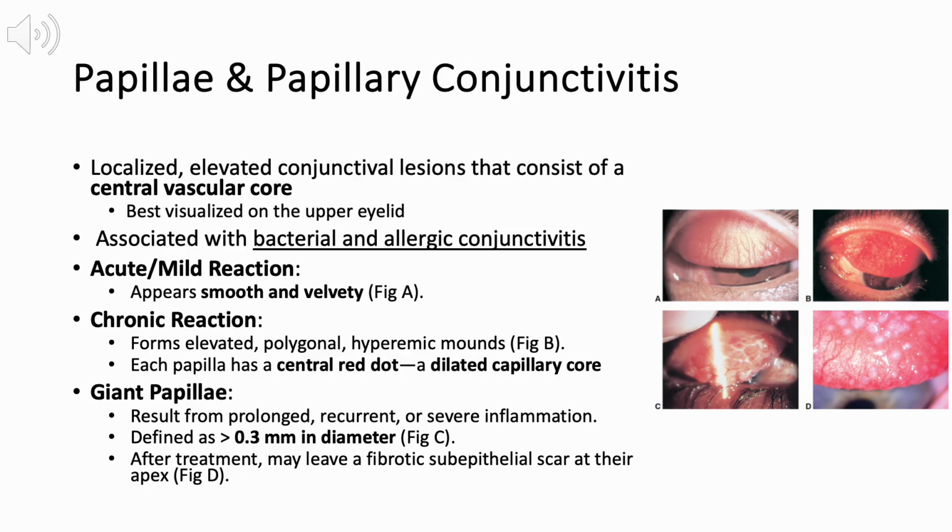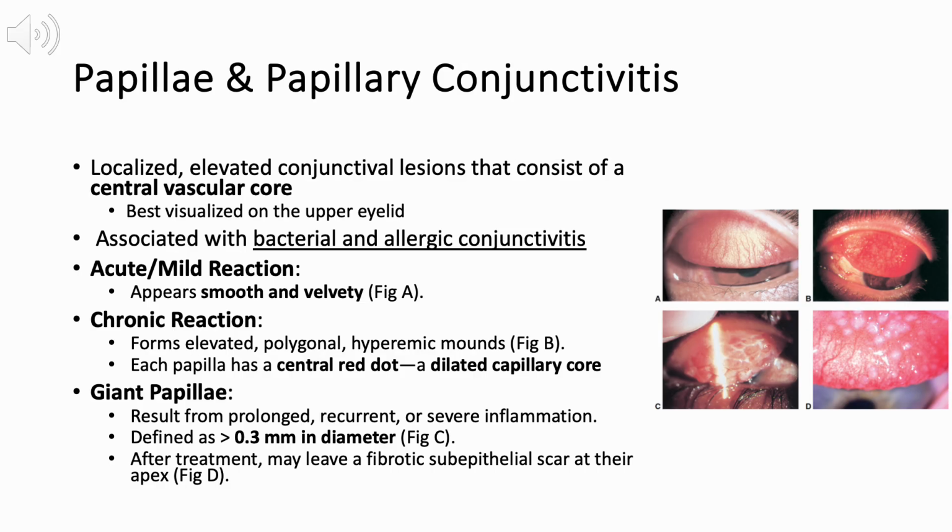central vascular core, best appreciated on the upper eyelid. Papillae are commonly associated with bacterial and allergic conjunctivitis. The presentation varies based on the severity and duration of inflammation. In acute or mild reactions, the papillae appear smooth and velvety, as seen in Figure A. In contrast, chronic reactions result in elevated, polygonal hyperemic mounds with a central red dot, representing a dilated capillary core,